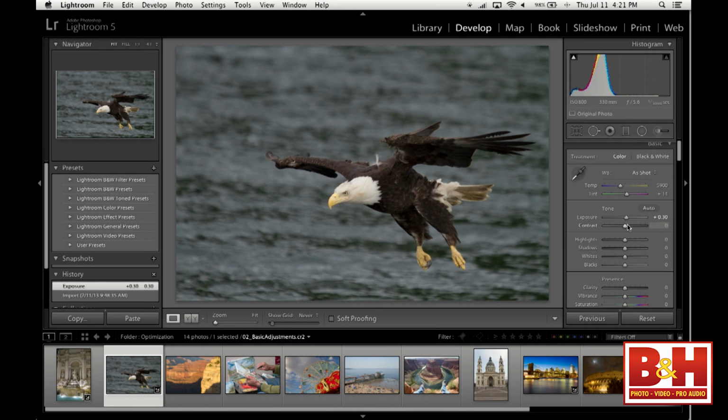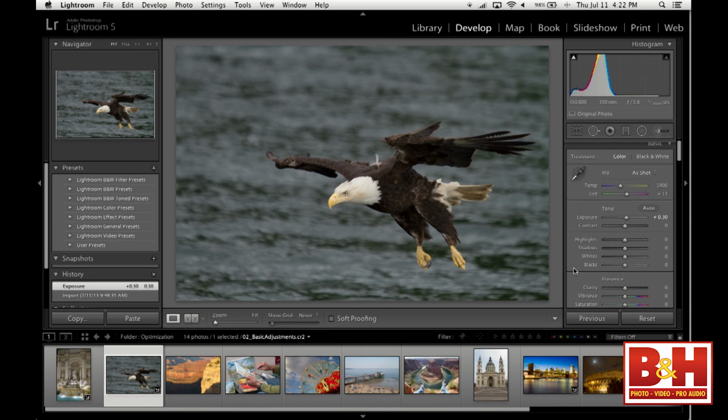Contrast, I'm not going to touch. And in fact, I almost never use contrast. Not because my images don't need contrast, but because I prefer to take a different approach to achieving that contrast. Every now and then I'll add some contrast or even remove some contrast, but by and large I'll achieve those results through other means. And for most images, those other means are going to be the highlights,